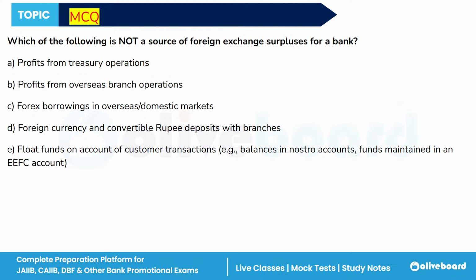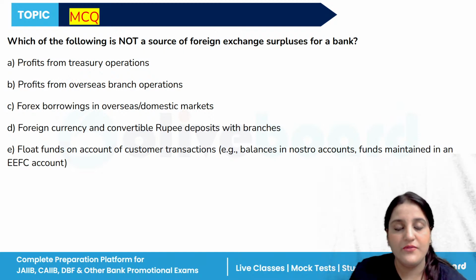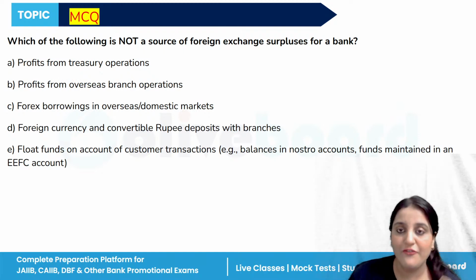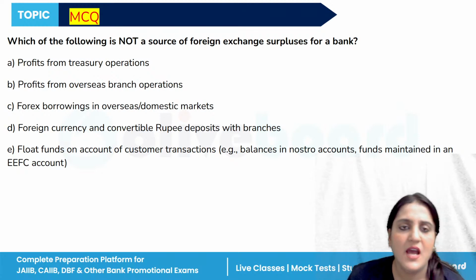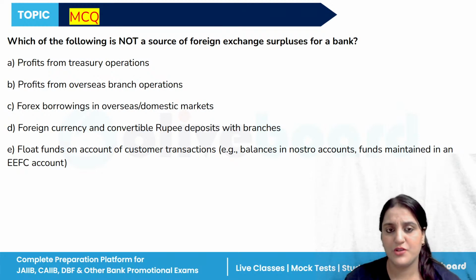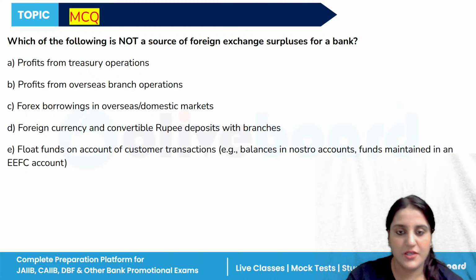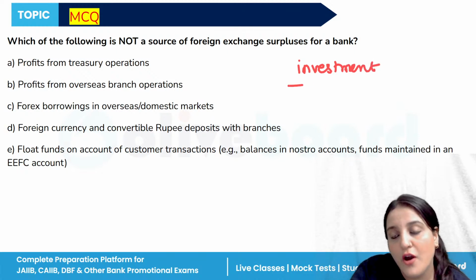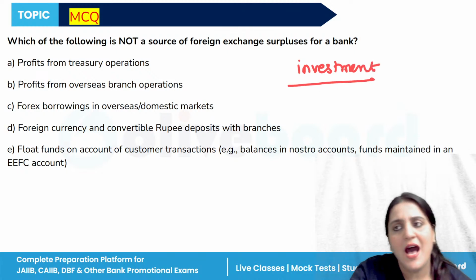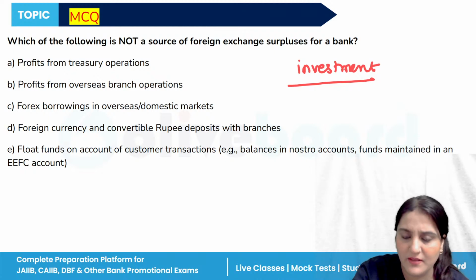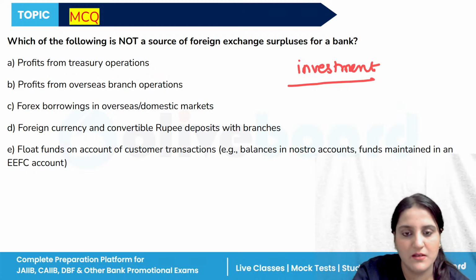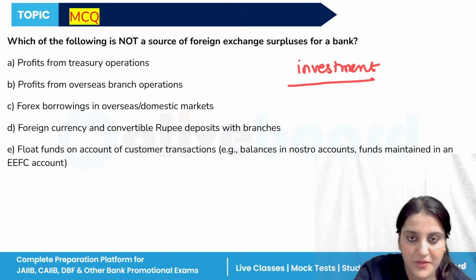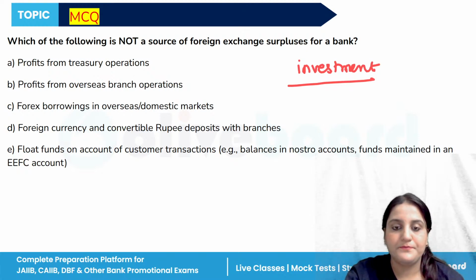Which of the following is not a source of foreign exchange surpluses for a bank? And here five options are given. Treasury basically is responsible for the investment of the foreign surpluses of the bank. A bank may have foreign exchange surpluses from sources like profit from the treasury operations, and also